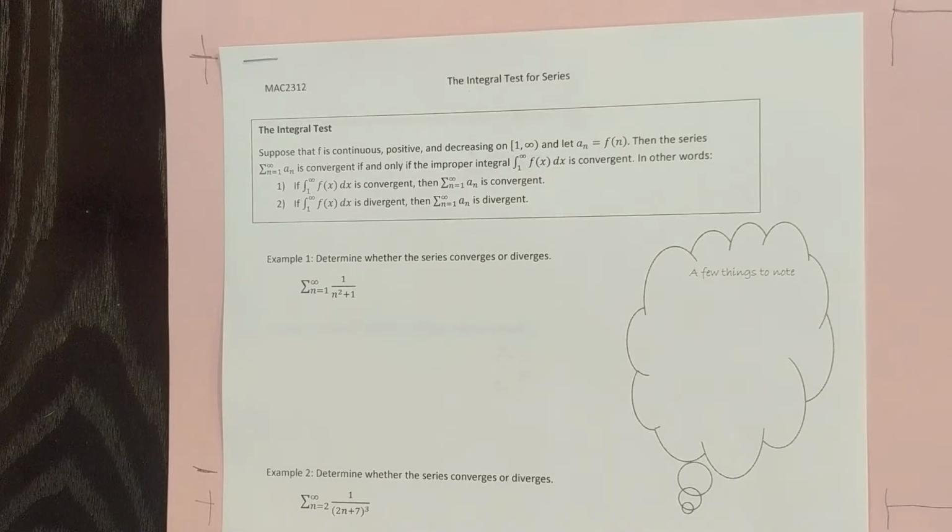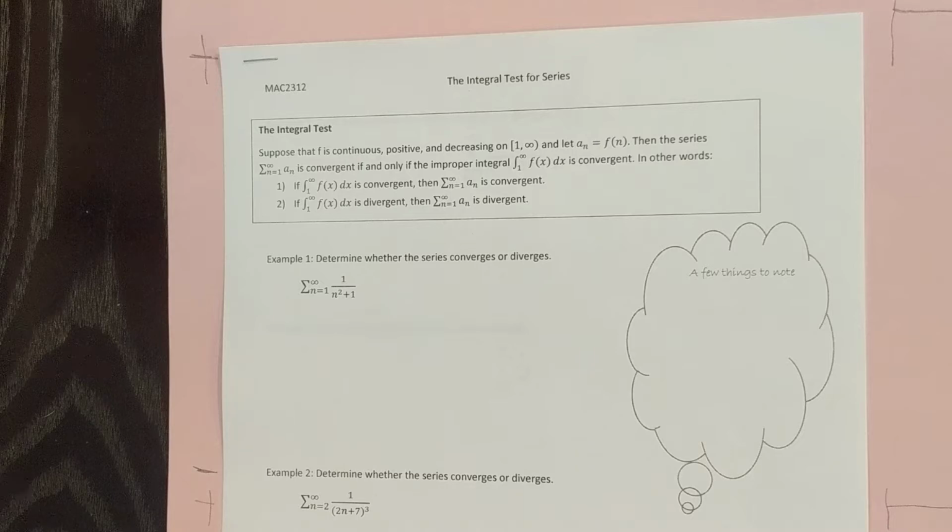And it says suppose that a function is continuous, positive, and decreasing. So those are our three conditions. It's got to be continuous, positive, and decreasing from 1 to infinity. And then the series version would be just where you look at the domain of positive integers, n. If that's true for the function f of x from 1 to infinity, then the series a sub n is convergent if and only if the integral from 1 to infinity of f of x dx